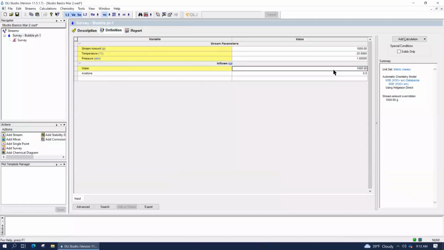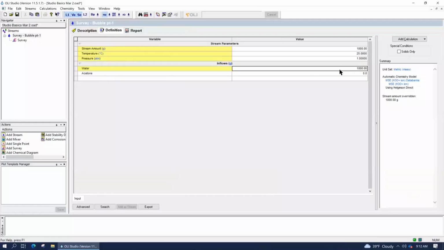And there's a couple of reasons to explain that. One is, in the past, when OLI was a water chemistry software, we always needed to have water in a stream, and so water was always present. Another reason is because OLI thinks in terms of molal units, moles per kilogram of water. So 1 kilogram of water seemed like an obvious choice to enter.